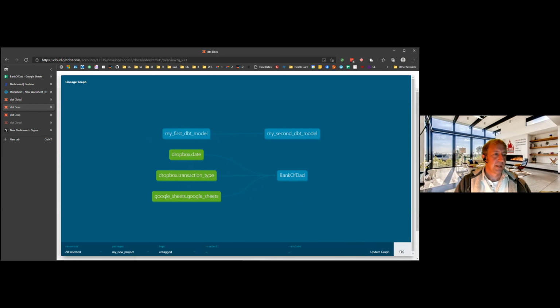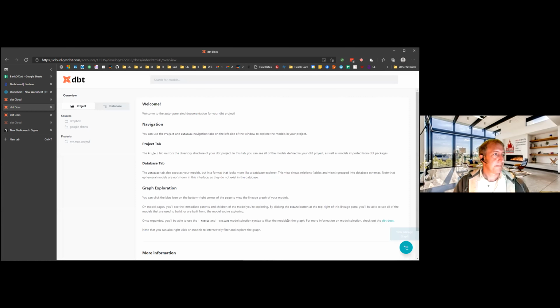So it shows your lineage automatically based on your queries if you use the Jinja code, which I think is actually really nice. When you get to a large enterprise data warehouse, your lineage can become pretty nightmarish when you have hundreds of tables. I've seen models that have hundreds of tables and you can still tell what's going on. And so that lineage is really nice just right out of the box.